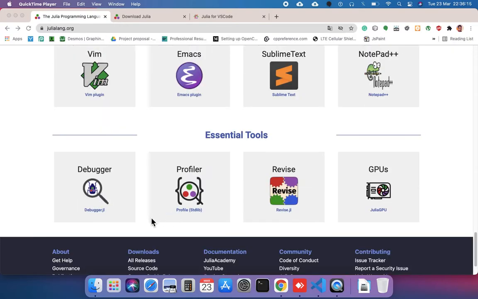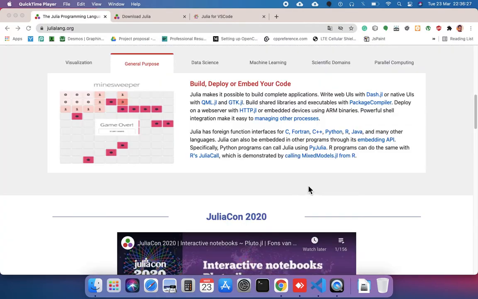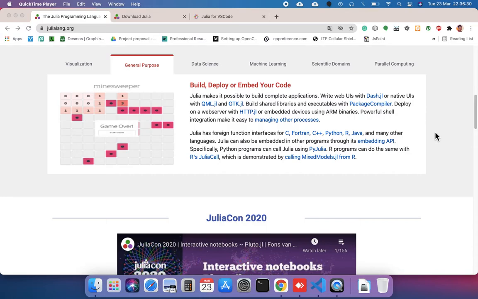As well as, this is the most interesting part, Julia has a built-in debugger, profiler, Revise, as well as GPU support. And looking at the key features, Julia can interface with C, Fortran, C++, Python, R, Java and many other languages directly.